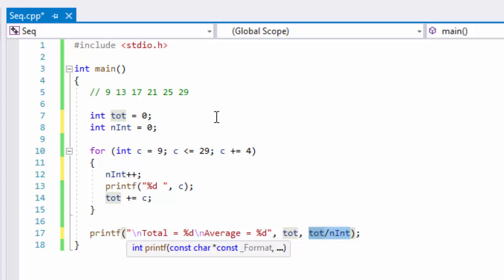Okay, so I just realized that this division might not give us an integer. So we need to force either one of the integers or both to become double. Otherwise, division of two integers will always give us another integer, which might not be correct most of the time. So we force TOT in this case to become double. Then double divided by integer, we will get a double also, which means this %d is not correct. We have to replace it with %f. Save it,